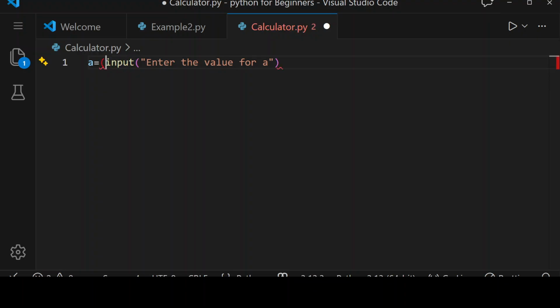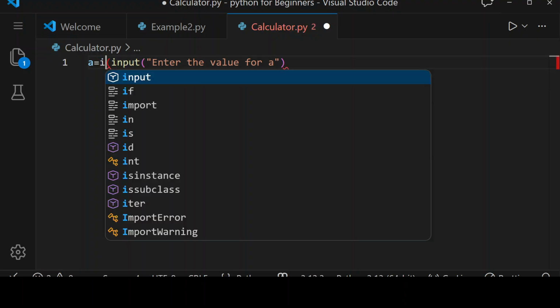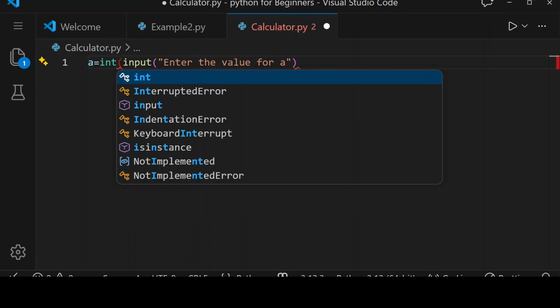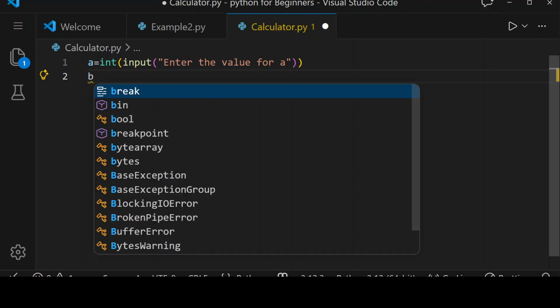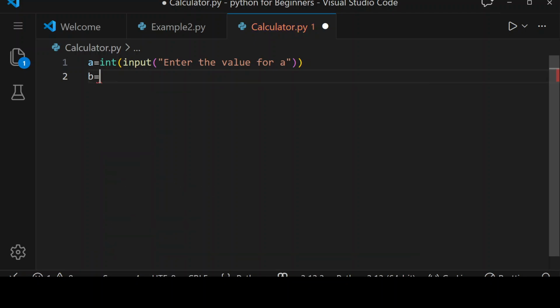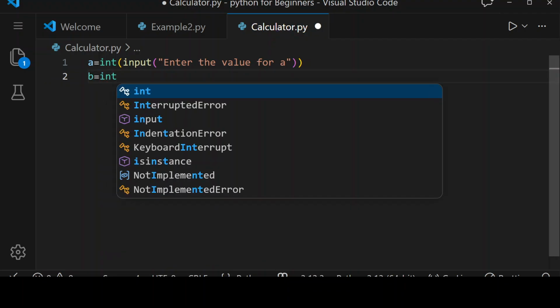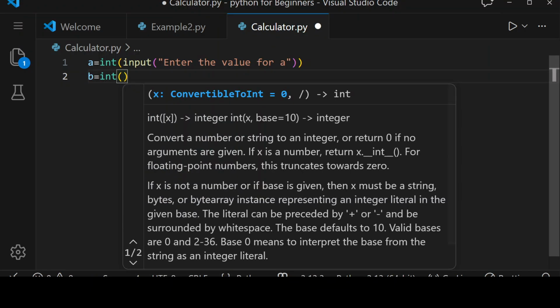So here, as I want integer variable, I'm putting int here. So now whatever value will come in a will not be a string, it will be an integer. Next I'm taking b equals to, again we want it in integer form, so we have to put int, then input,